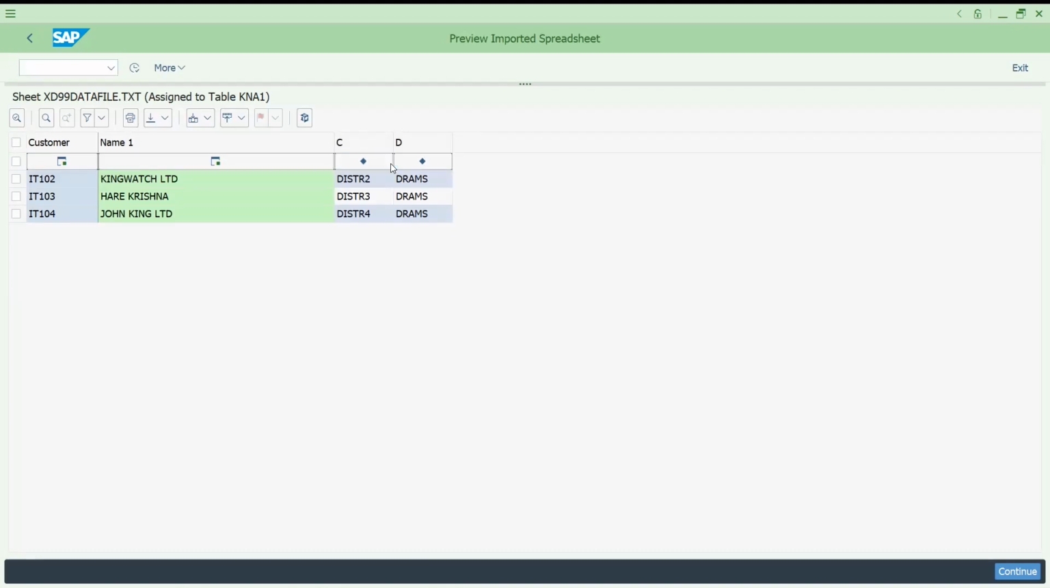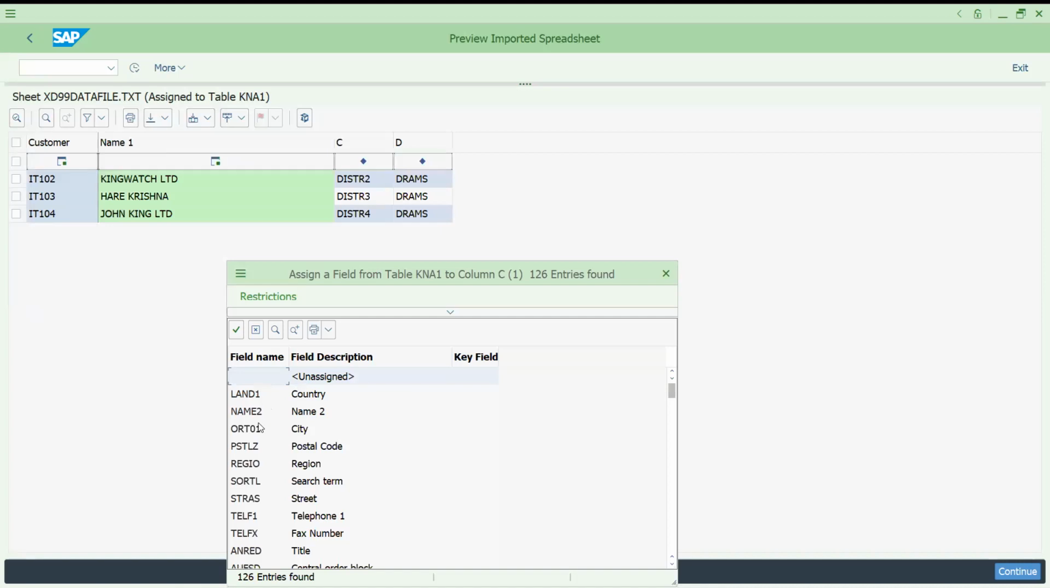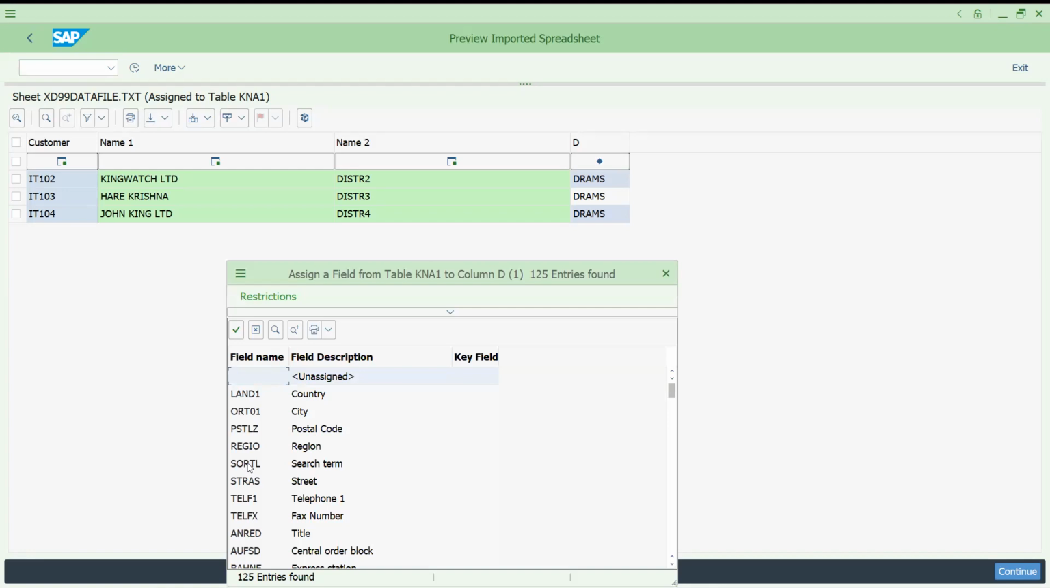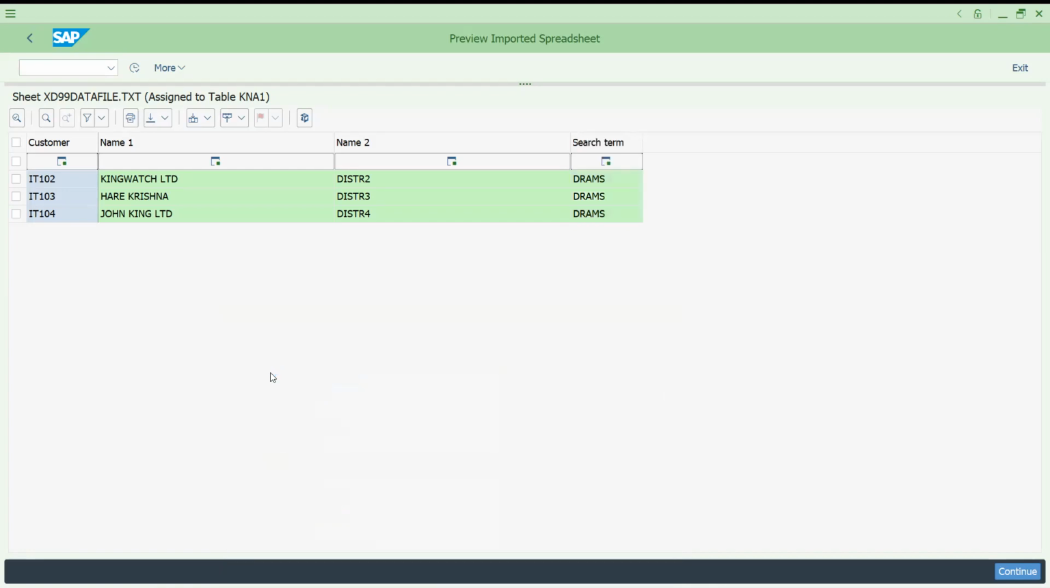Assume that your customer is holding tons of data. So what will you do? If you have tons of data, see SORTL, it is very difficult to manually change the data, right? And this is one of the shortcuts you can use. So now let's try to do one thing. Let me open parallelly